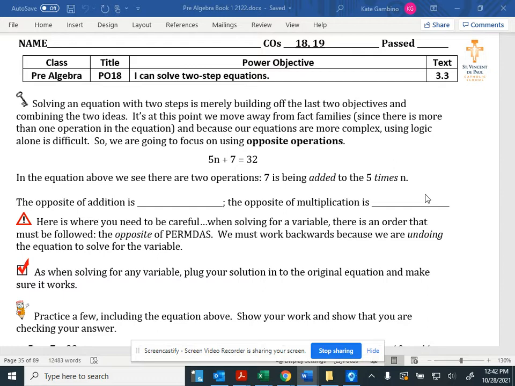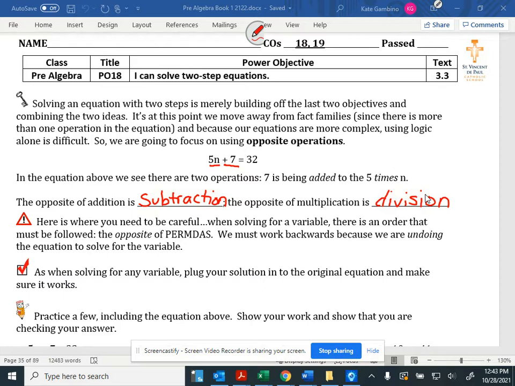In the equation we see above, there are two operations. We have 5n plus 7 equals 32. So we have 7 being added to 5 times n. So we've got one operation here and one operation here. And the opposite of addition we know is subtraction, and the opposite of multiplication is division. Remember, opposite operations cancel out, and we want to get that variable by itself, so we have